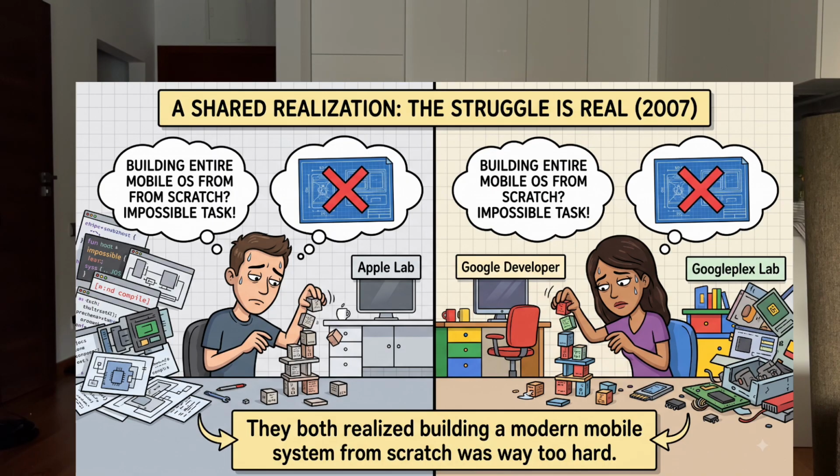So, if you believe in your idea and if you believe in yourself, never give up and never throw in the towel. By 2007, Apple and Google both realized the exact same thing. Building a modern mobile system from scratch was way too hard. So, Apple picked Unix, and Google chose Linux, its open source twin. And here we are. Today 99% of all smartphones run on rules created by two guys on a giant computer back in 1969. I hope this makes your daily mobile routine a bit more interesting.